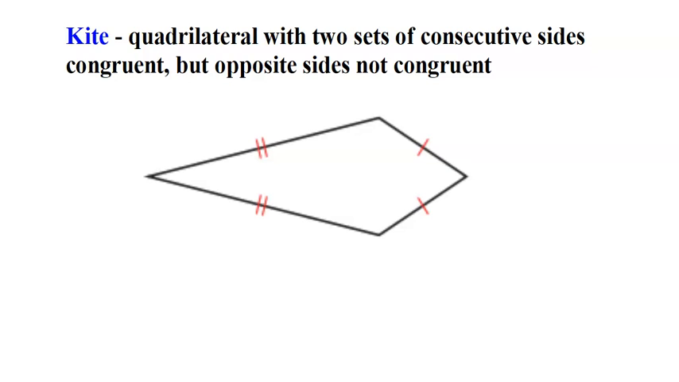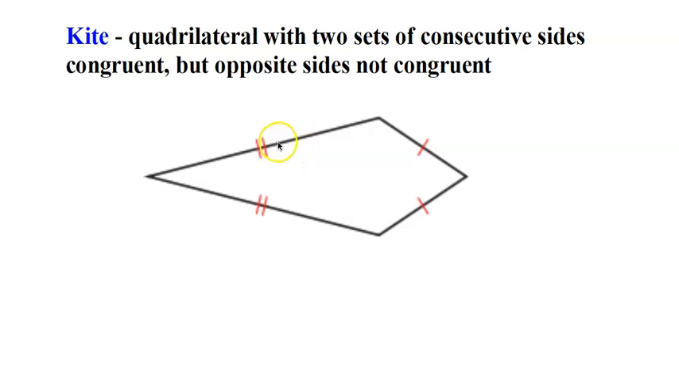Hello class, today we are going to look at properties of kites. Yes, kite is a shape, and the shape of a kite looks like a kite. There it is. A kite is a quadrilateral with two sets of consecutive sides congruent, but opposite sides are not